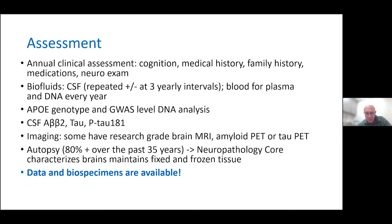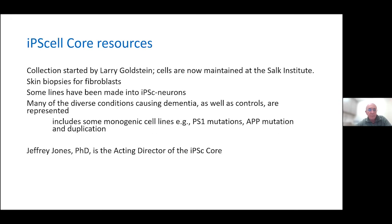These brains are maintained by a neuropathology core, and there's a standardized protocol. The brains are characterized, and we maintain fixed and frozen tissue. So the bottom line is this is a resource for the community, and data and biospecimens are available. Just call us. So with regards to the iPS cell core, initially a collection of fibroblasts and iPS cells was started a few years ago by Larry Goldstein,